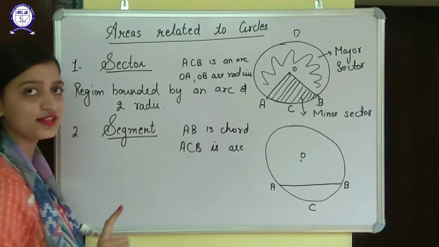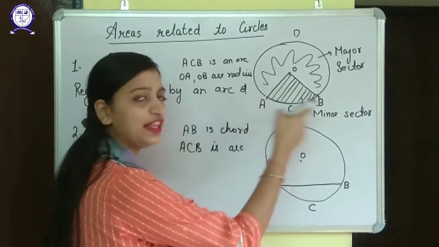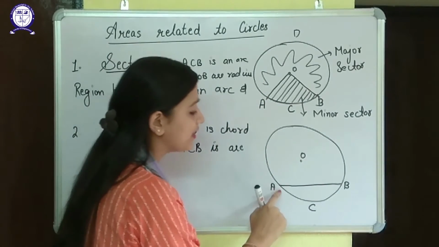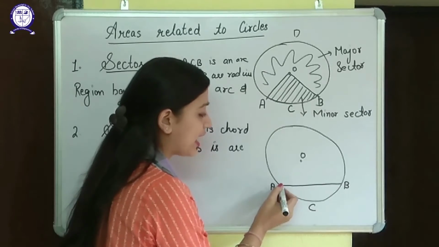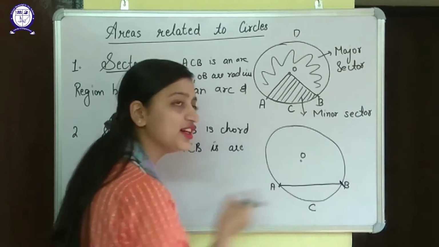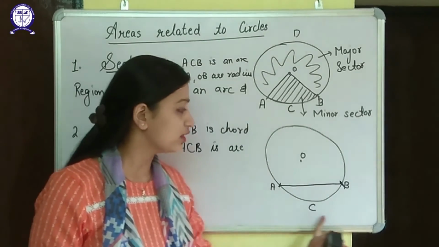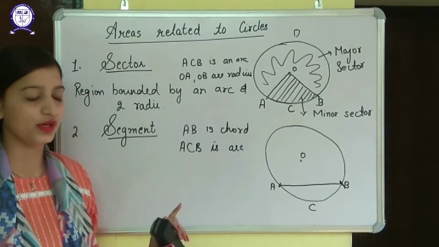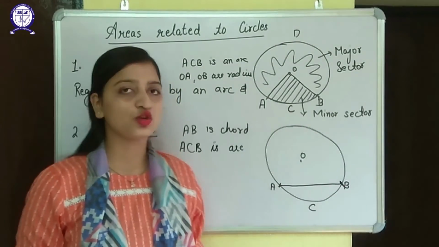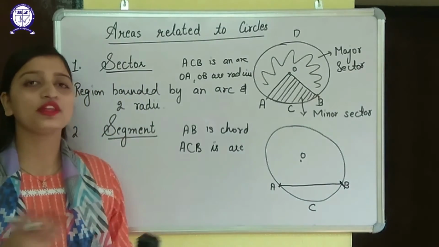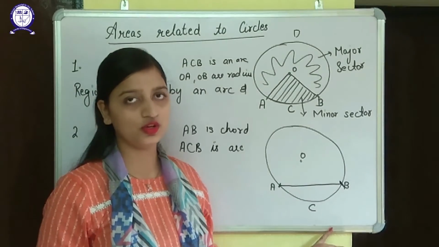Okay, look at the difference. In the earlier figure, we had an arc ACB and we joined the end points with the center. And in this figure, we had again an arc ACB. But this time, we joined these 2 points with each other. There is no role of point C. This is just to write the name of the arc properly. Because we cannot write it as arc AB, because AB can also be the name of the chord. So just to differentiate it from the AB, we have put the C also here.